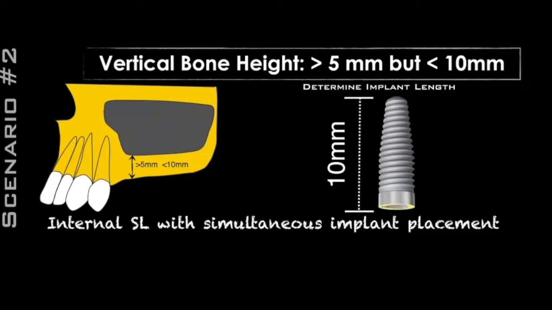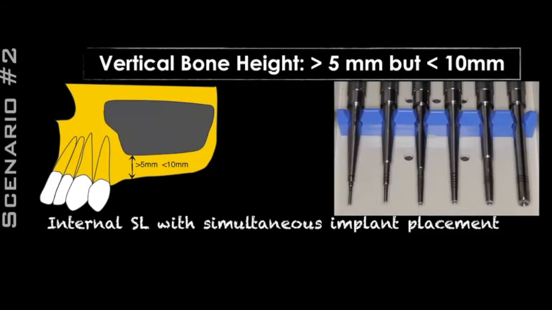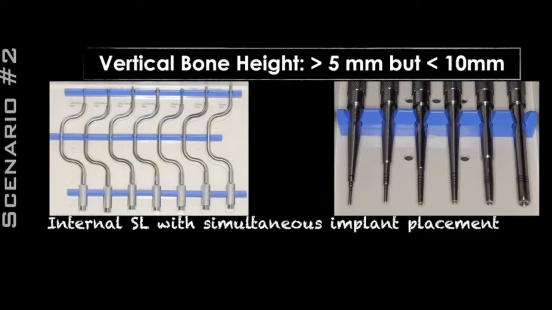What we're going to recommend is that if you're going to use the Summer osteotomes, you do it in scenarios where you have more than 5 or less than 10 millimeters, and you can either use the curved or the straights. My preference is the straights because the curves tend to bend and the forces of your mallet are not directed straight to where you want them to be,